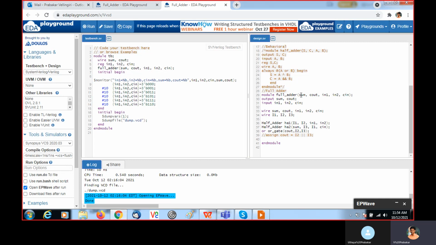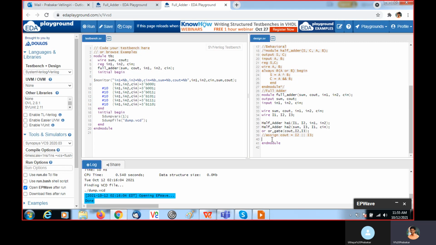Then module full adder, these are the port list, then we declared the ports. Then intermediate connections we declared as wire. Then two times we instantiated the half adder and implemented the concept. Then this gives Cout. So in this way we can implement assign Cout equal to I2 OR I3.